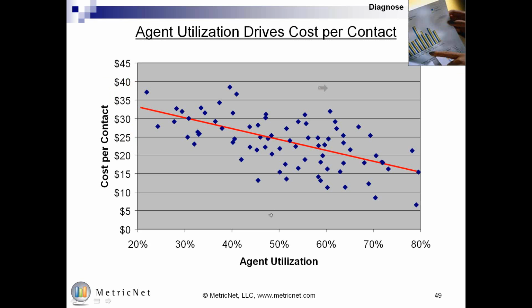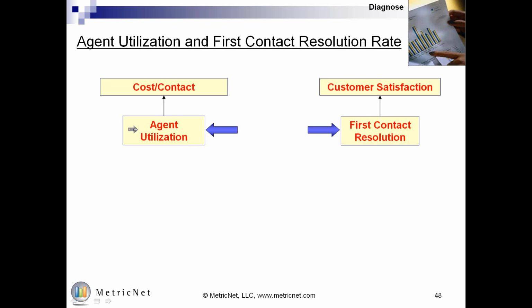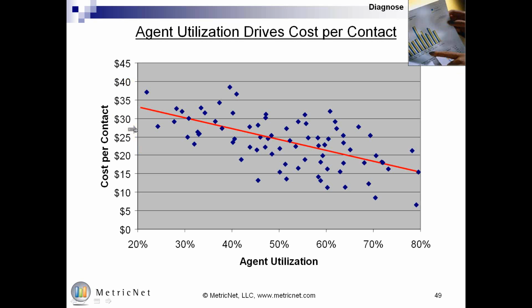You don't have to take my word for it. Let me show you the data. Page 49 shows agent utilization on the x-axis versus cost per contact on the y-axis. Not surprisingly, as utilization improves, cost per contact goes down. It takes about a 2 percentage point increase in utilization to result in a 1 percentage point decrease in cost. The reason I just mentioned is because agent salaries and benefits represent about 50% of your total cost. So it takes a 2 percentage point increase in utilization to yield an approximate 1 percentage point decrease in cost